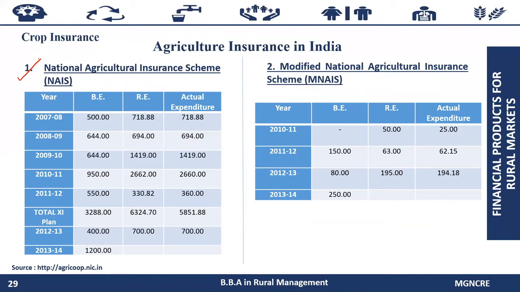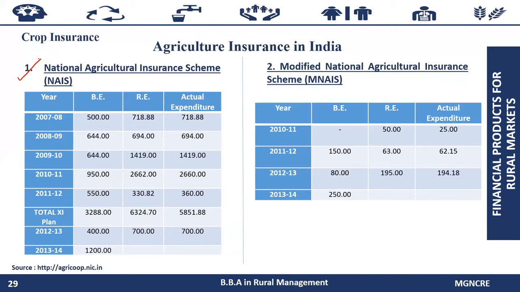This operated on the area approach, where the area has been defined for each notified crop, like block, tehsil, mandal, firka, circle, gram panchayat,